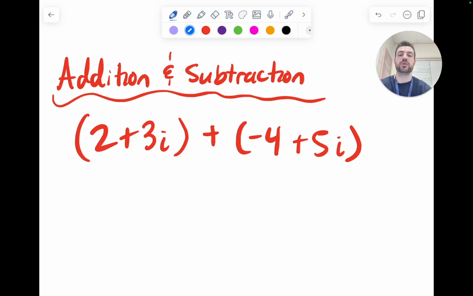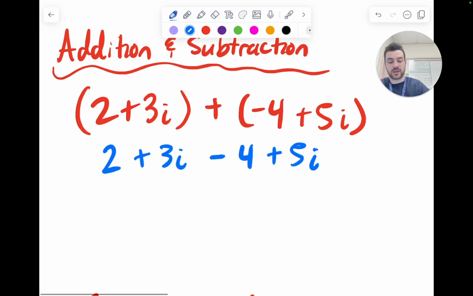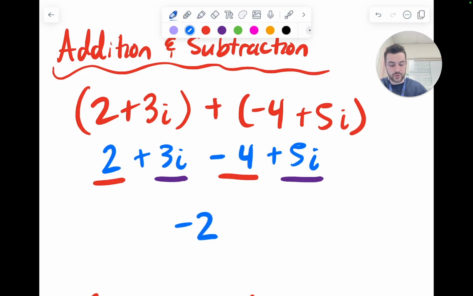So we have the complex number 2 plus 3i plus negative 4 plus 5i. Because this is addition, we can essentially get rid of our parentheses. This will turn to a minus 4 plus 5i. All we're really doing from here is combining our like terms. So the real numbers we're going to combine, and the imaginary numbers we will combine. So 2 minus 4 will give us a negative 2, plus 3i plus 5i is plus 8i, and this is